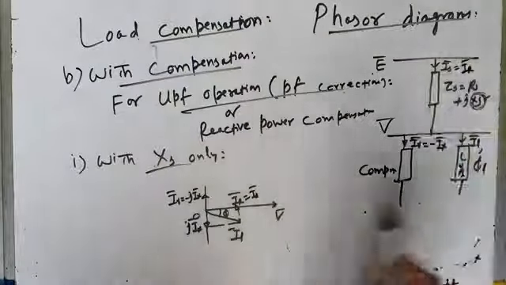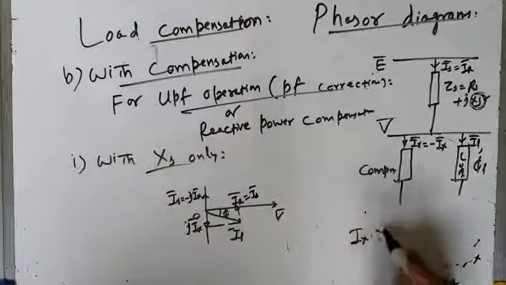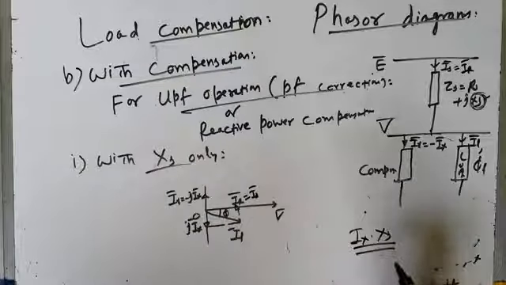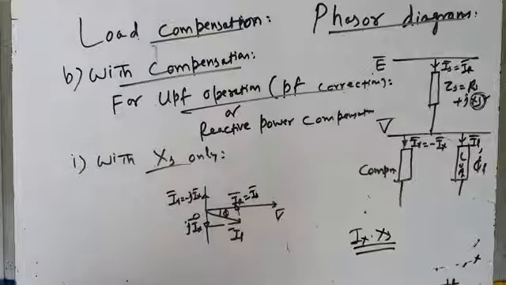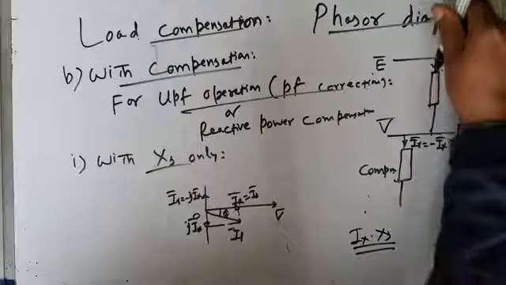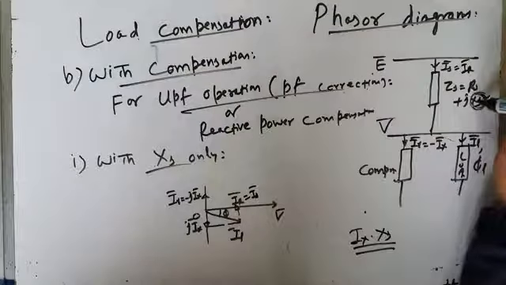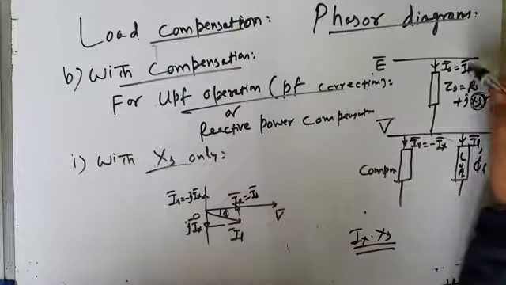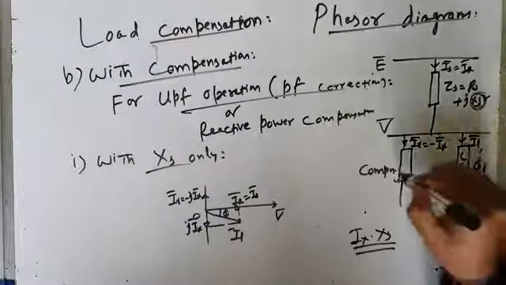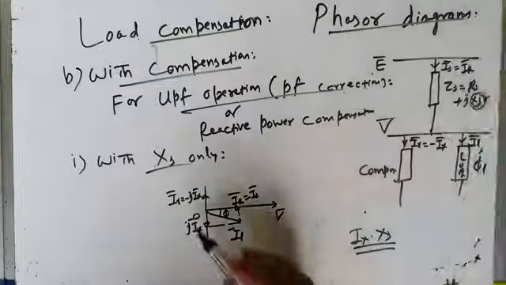Okay. Now since only a resistive component of current flows, it comes from the source, IR. So अभी थोड़ी देर पहले जो आपने देखा, Ix into Xs voltage drop जो था, which was a very large voltage drop, वो खत्म हो जाएगा because Ix is not coming from the source. तो feeder की reactance Xs जो है, it will carry only IR. IR into Xs drop खाली इसमें होगा. Ix into Xs drop इसमें नहीं होगा because Ix is not coming from the source. Ix of the load is coming from the compensator.